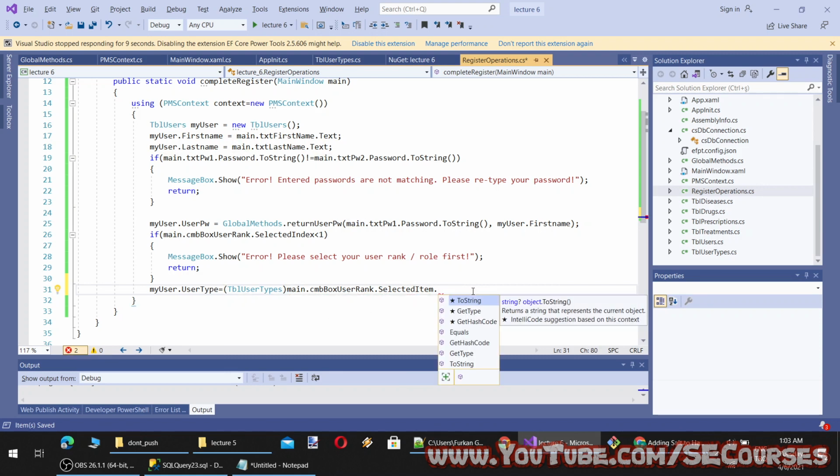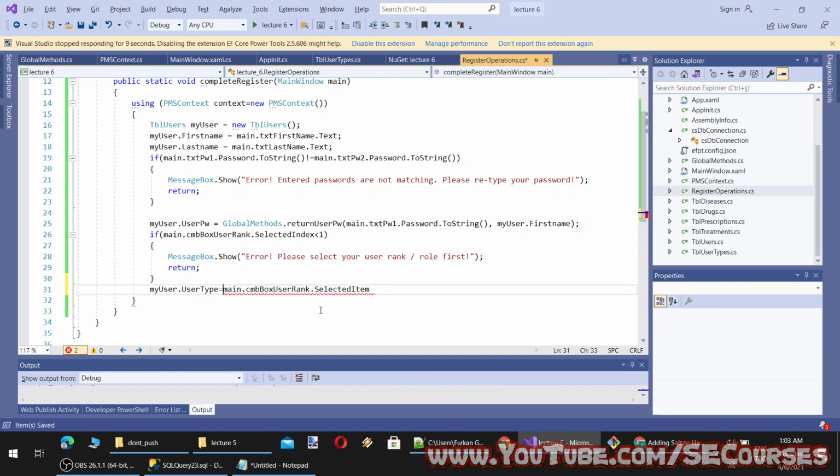Still not, so this is not the way. So let's make it as UserTypes, and then dot UserTypeID. Yes.